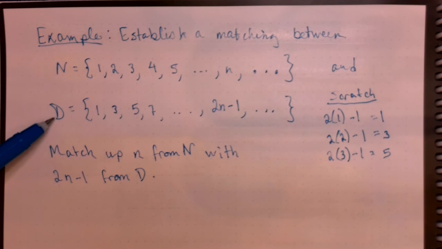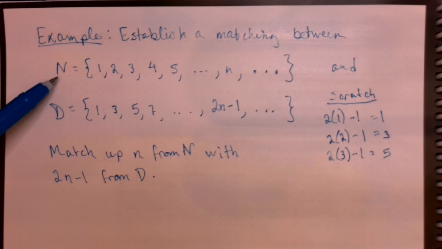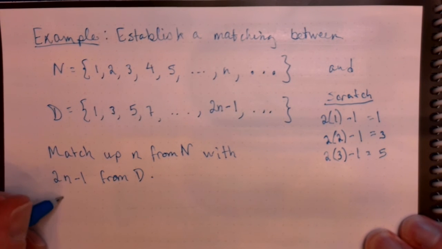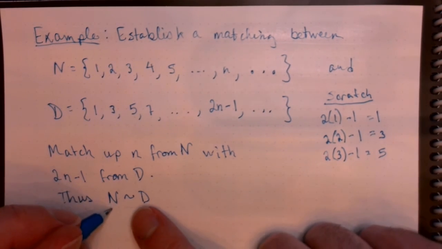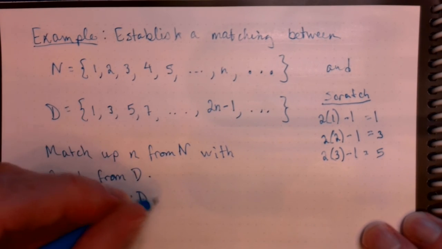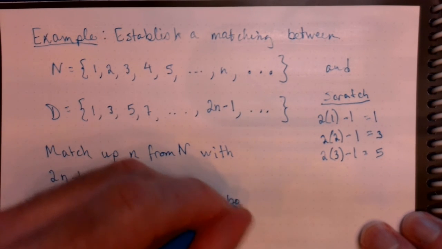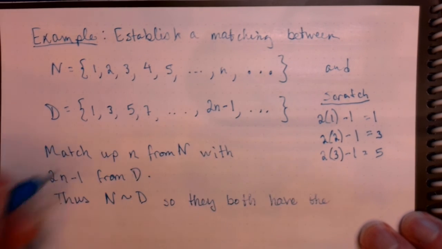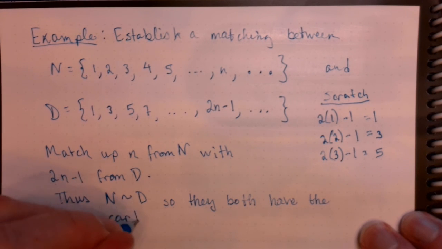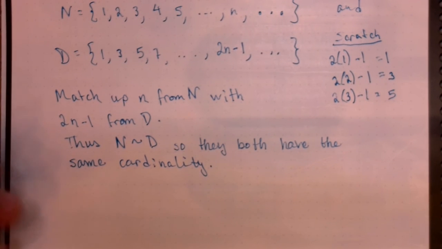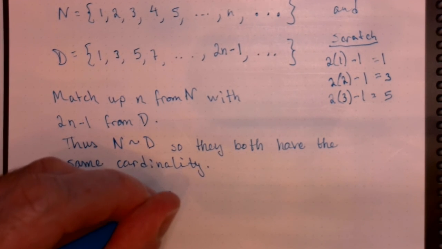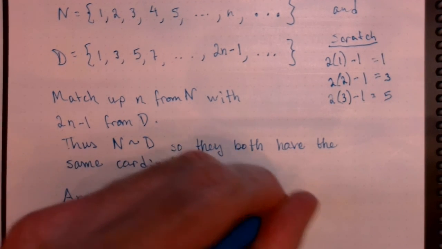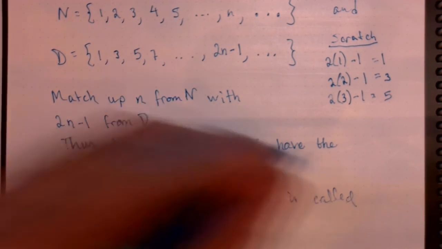Now, you might notice that this set of odd numbers is in fact a subset of the natural numbers. What we just showed by producing this one-to-one correspondence was that the set of natural numbers is equivalent to the set of odd numbers. So they both have the same cardinality. Any set that is equivalent to the natural numbers is called countably infinite,